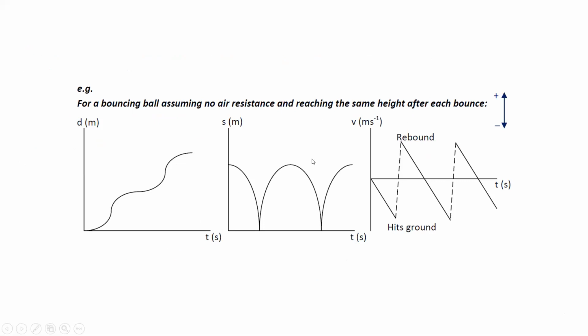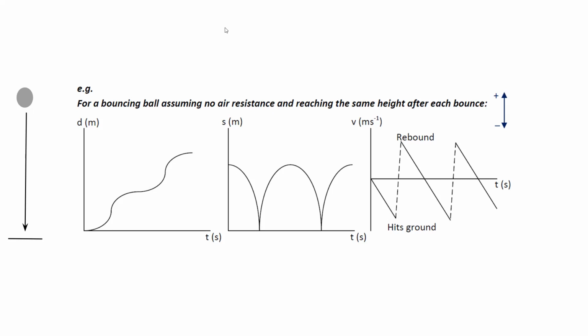Okay, three graphs are given. One is about the distance, another one is displacement. Distance is a scalar quantity and negative distance does not make any sense. Displacement is a vector quantity, so it can be positive or negative. For example, a bouncing ball: when you drop an object from a certain height,